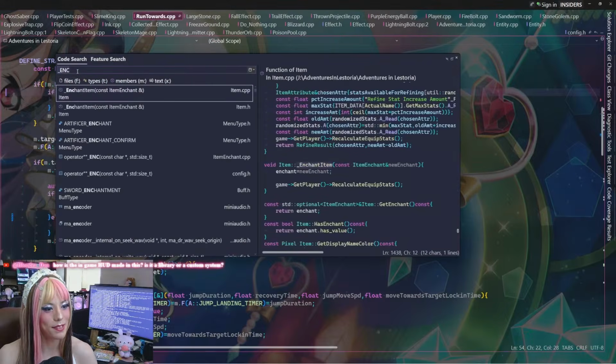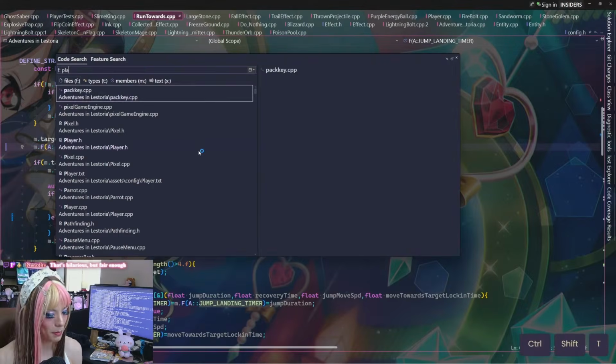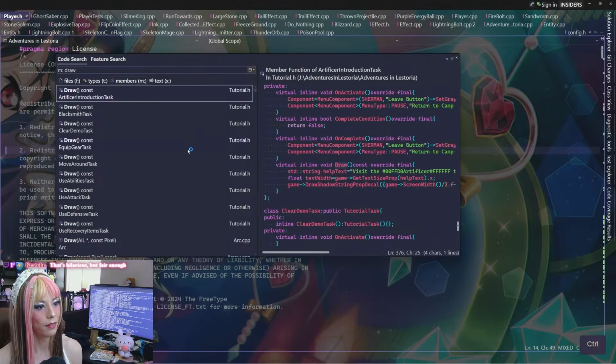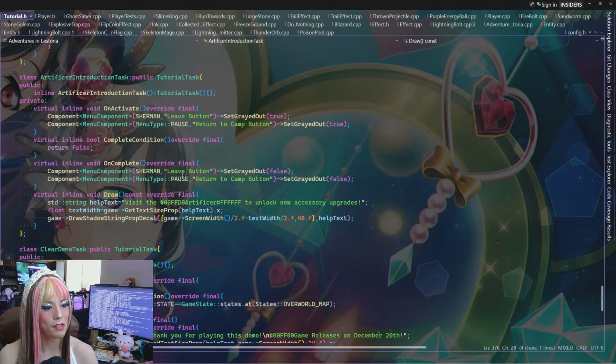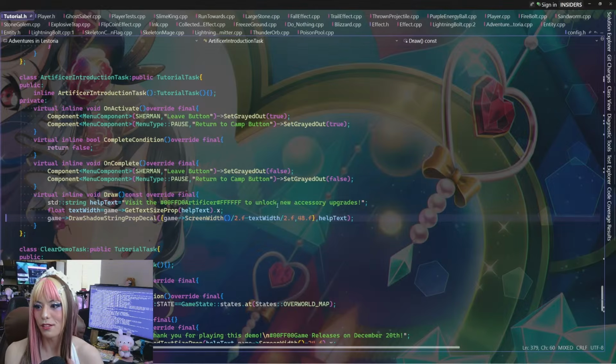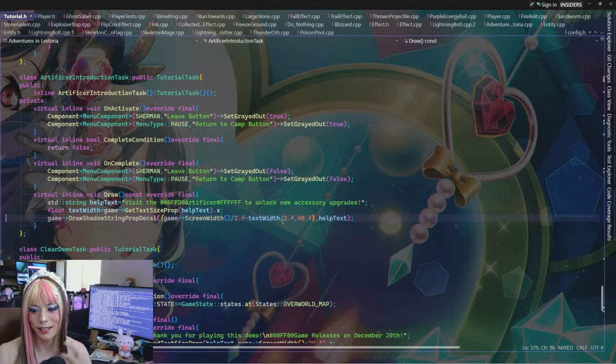So hopefully that clears things up. But if I went to Adventures in Listoria.h and looked at, say, player.h, and went to the draw function. Okay, this is a draw function for a different one. But either way, this function's const, right? It means everything in here, like the local variables for this object, cannot be modified directly. The compiler will not allow it. But if you make something mutable, you actually can mutate a variable in here. It's just going to ignore the const tag. But you can keep it const, so you can still keep const correctness for other uses.